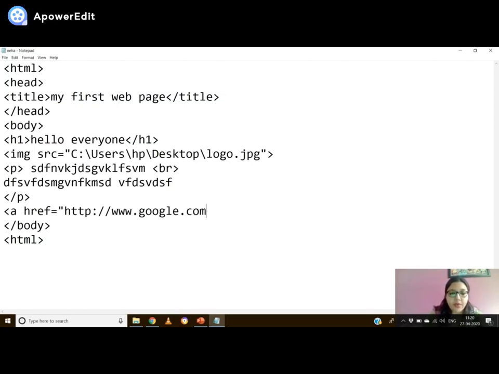But right now I want my web page to be navigated to google.com. So I'll be closing this, then I'll be writing click to open Google. So this is my hyperlink name. It can be click here also, it can be anything, right? Then I'm closing my anchor tag.